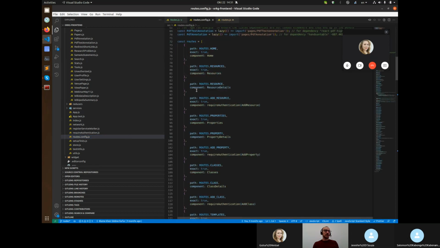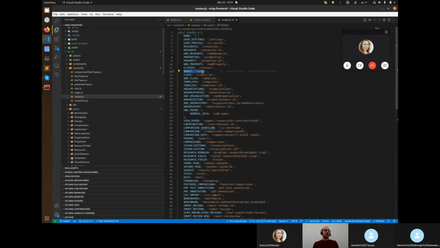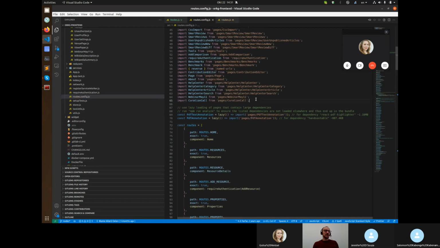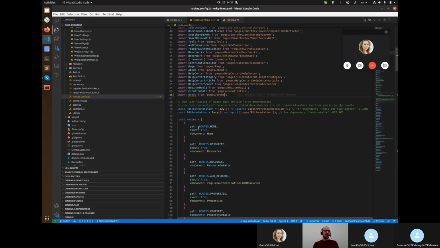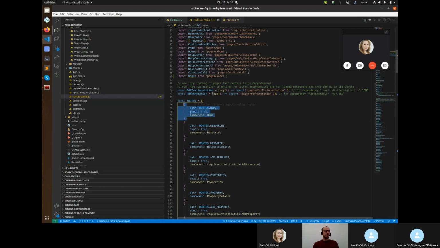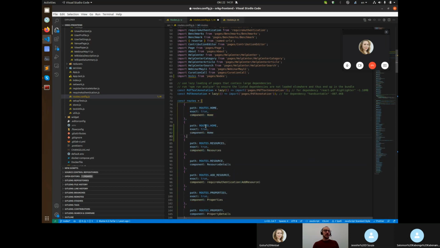We will add a new line here, or a new object on this array of routes, to define our new page. Basically, I have to import this component first. I would say import nodes from, and I will give it the path of this component. It's inside pages, and there is the nodes JS file. So I import this, and then I say link. I will just add a new object here. I will say if the user goes to this path, which is routes nodes,